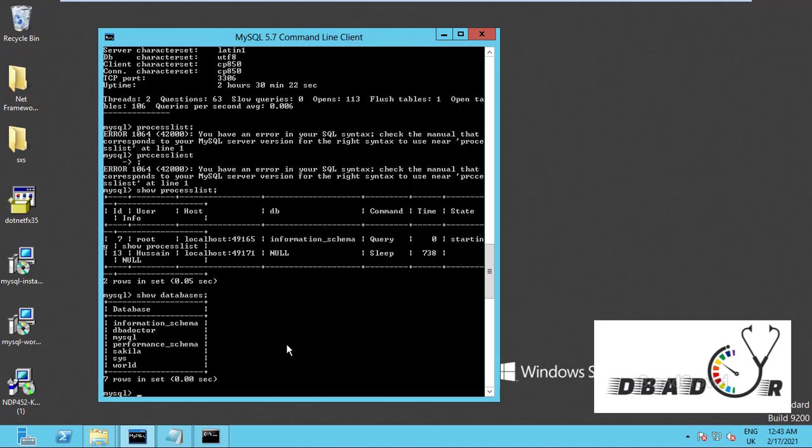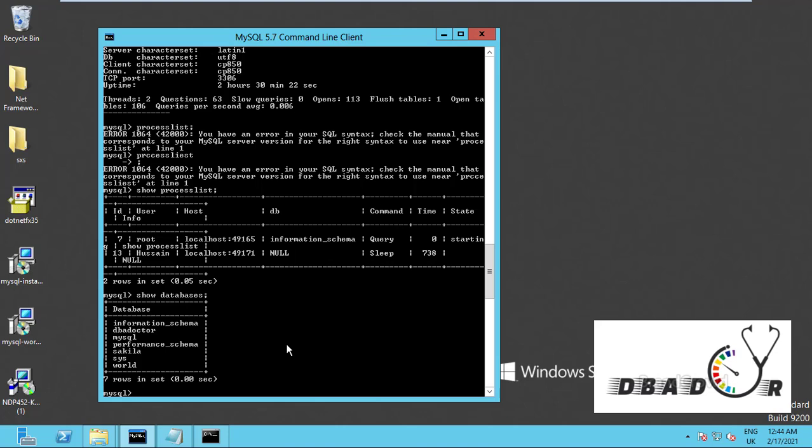Information schema keeps table level and schema level information. And we have sys and performance schema, which are all system level databases for maintaining the system information. MySQL itself creates these predefined databases.